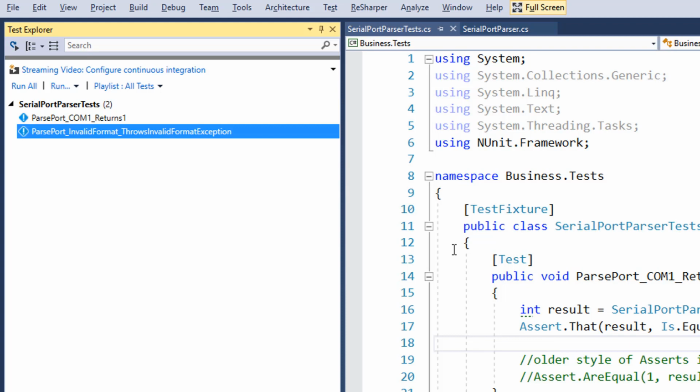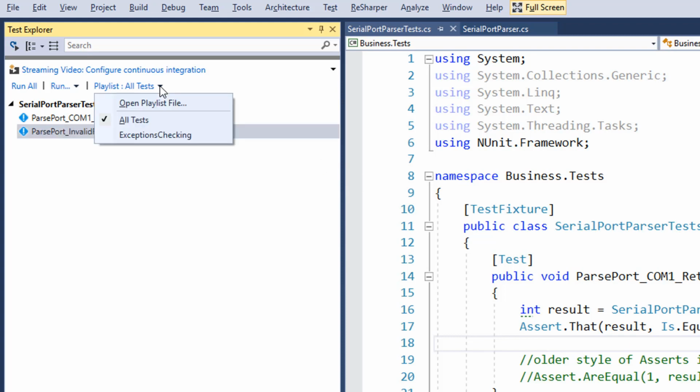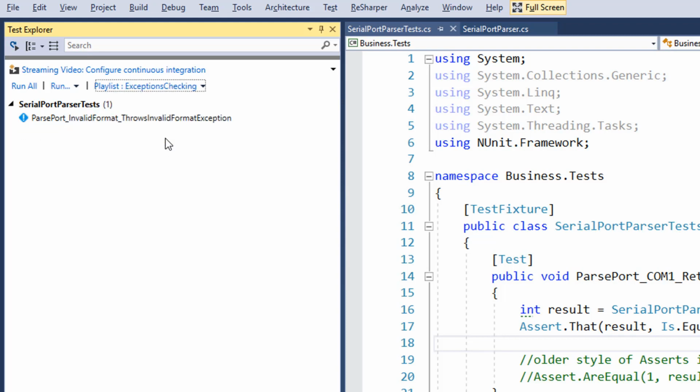Now, if I go to Playlist, I see my newly created playlist. I'll click on it. And in the list of unit tests, I see only those which are contained in that playlist. It is sort of a grouping technique. If you want to run only a specific part of unit tests, you can create your own playlist or playlists and run them. If you make a double click on the test,